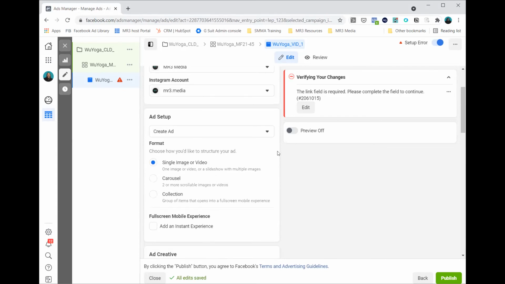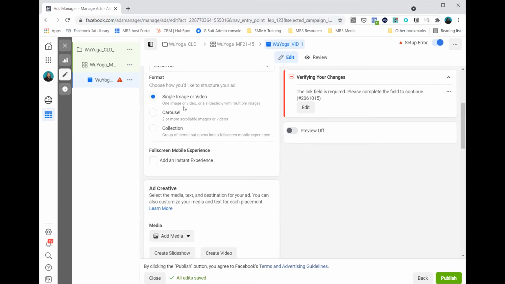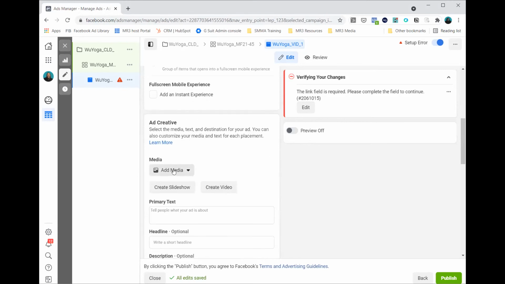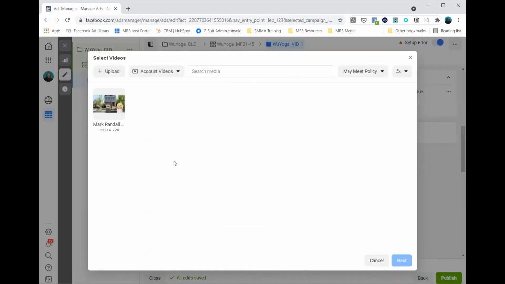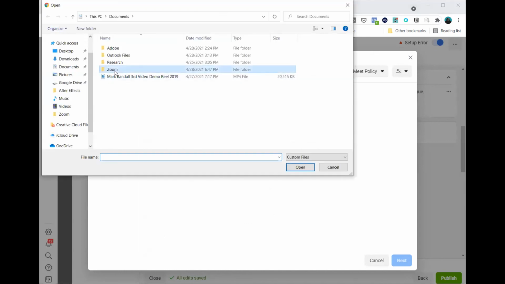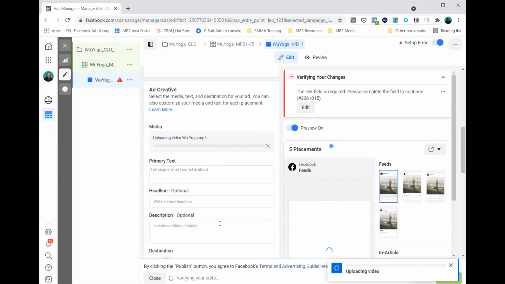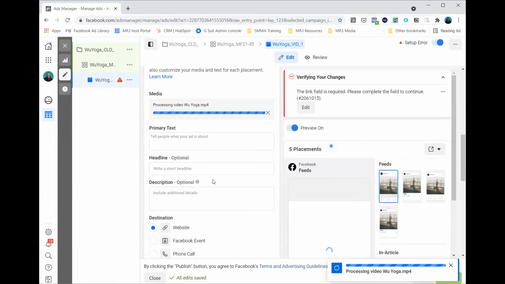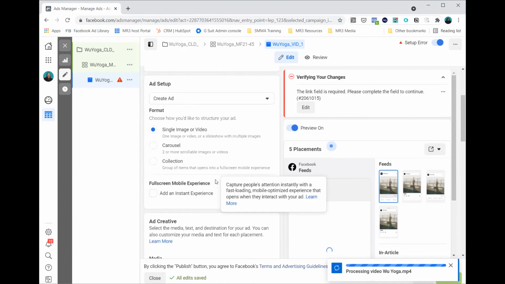Okay, so into the ad set, we have single images here, we have carousels, we have a collection of things. We are going to post a video. So we're going to go down here to add creative. We're going to add our media. We're going to add a video. And we're going to upload our Woo Yoga video. Yeah. All right, cool. So as that's processing,